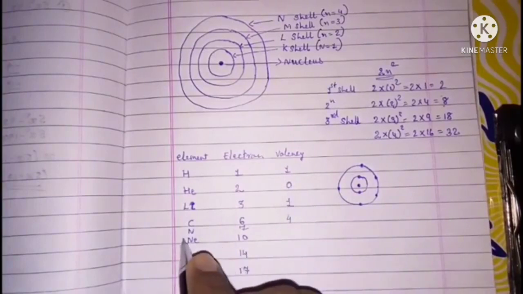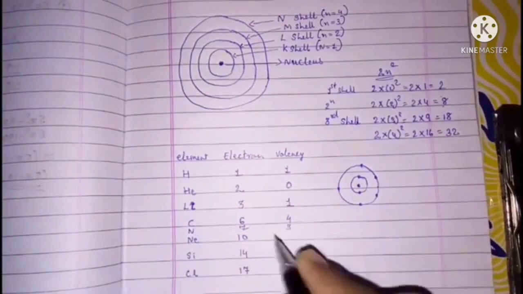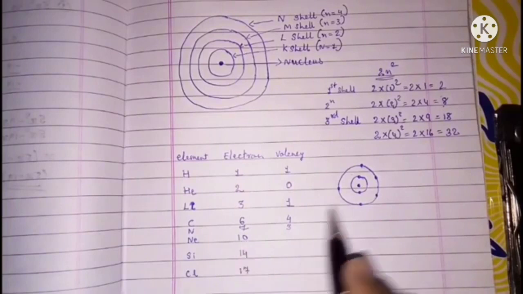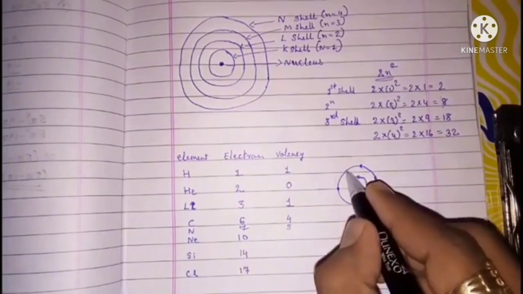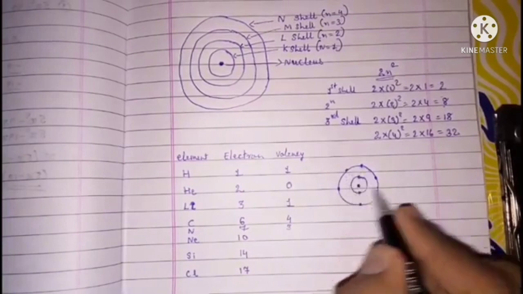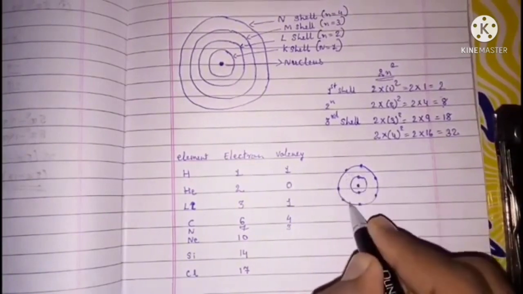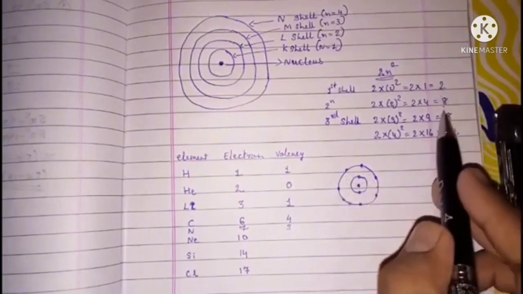1 electron has to be there, 2 electrons has to be there. Okay, now like that you will find the nitrogen valency. What about neon? That is 10. 2 electrons